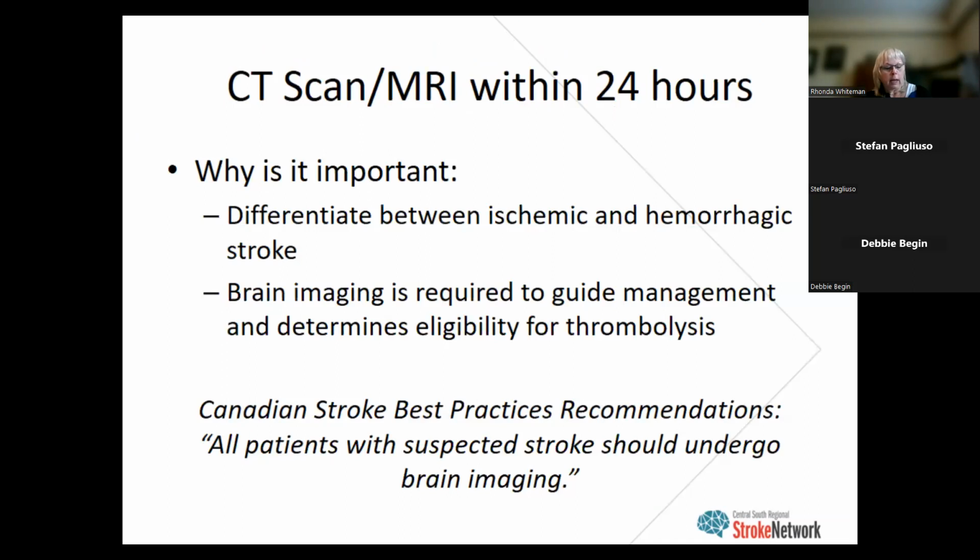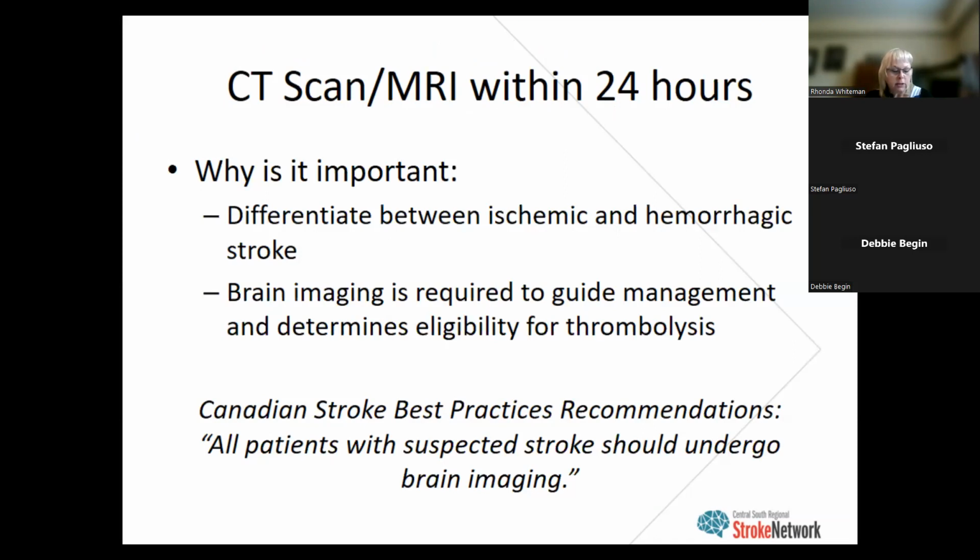So CT MRI, again, this is pretty basic. It's easy to capture. CT is the first line diagnostic test in acute stroke. It's readily available, easily tolerated for patients, reliable, and it really can differentiate between ischemic and hemorrhagic stroke. It really guides determination of our eligibility for thrombolysis. When we look at